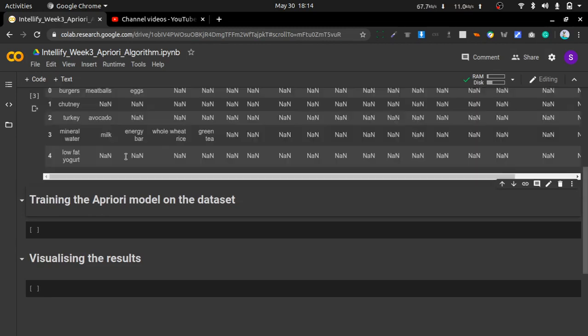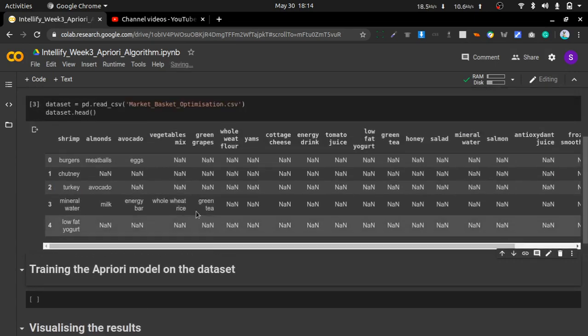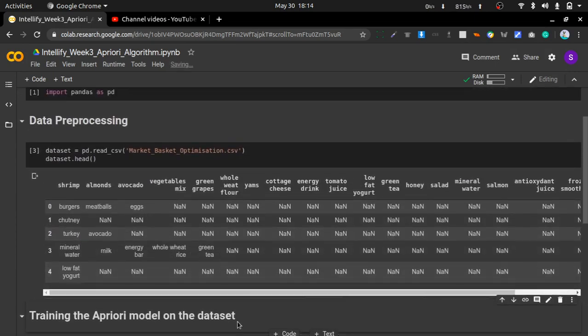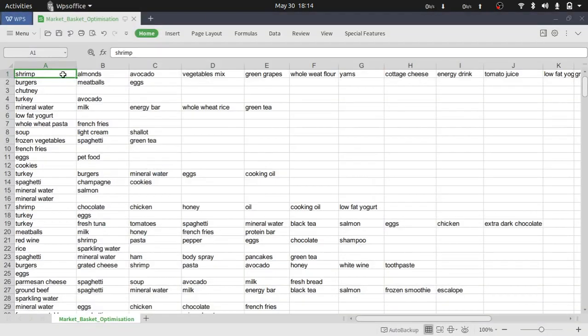Okay, it is taking time. As you can see, this dataset is not imported correctly, as it considers the 0th line as the column names. There are no column names in our dataset, and Python considers the first line as the column names.